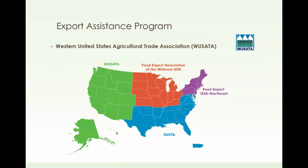Hi again. So now I would like to talk about another funding source from USDA. So Hawaii Department of Agriculture has access to the federal funding called MAP, Market Access Program, through Western United States Agricultural Trade Association. It's called USATA. So USATA represents the west side of the US, and there are 3 other